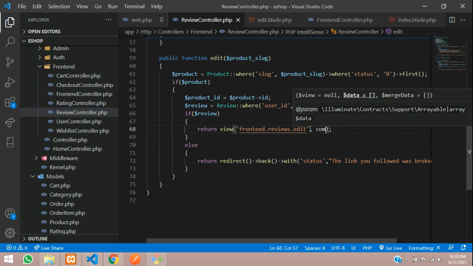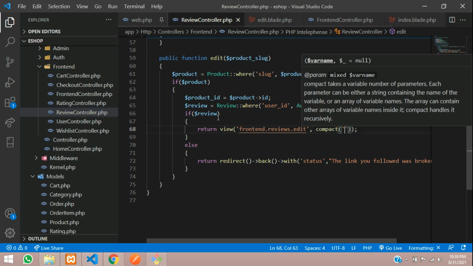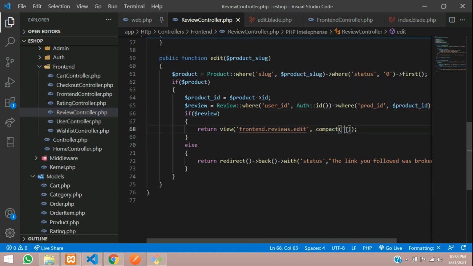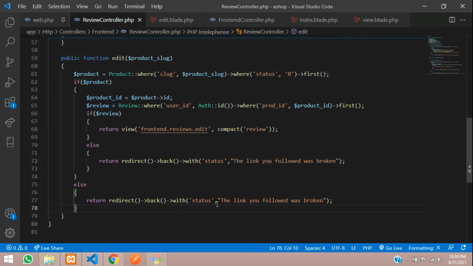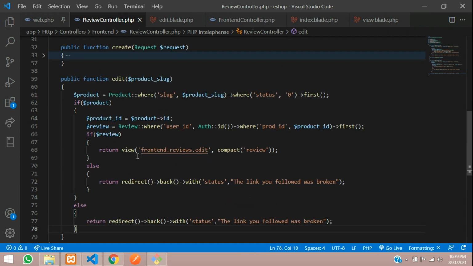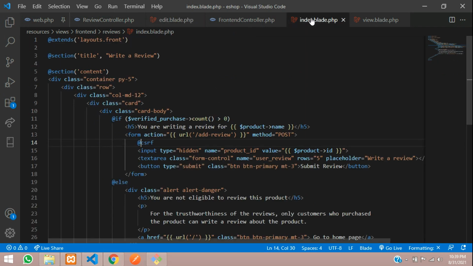Just give the compact function over here, compact, and this $review we are going to send. So before that, here you can see for this if condition we don't have an else, we'll just add that. So if there is no such product, we are going to return back with this status, the link you followed was broken. So now let us go to the edit, and the layout I'll just copy it from here itself,